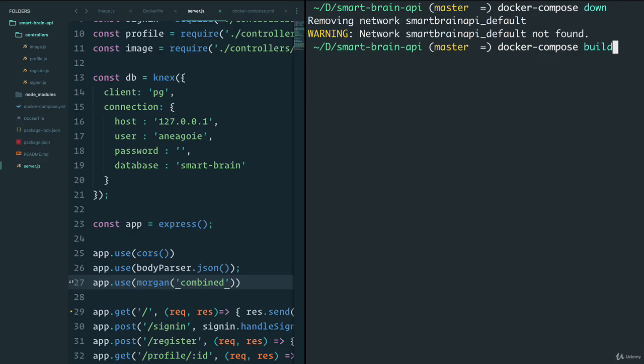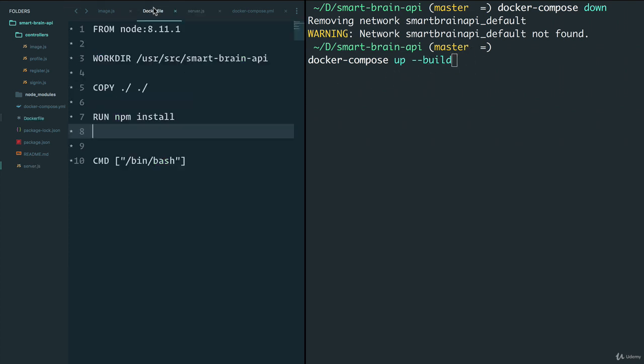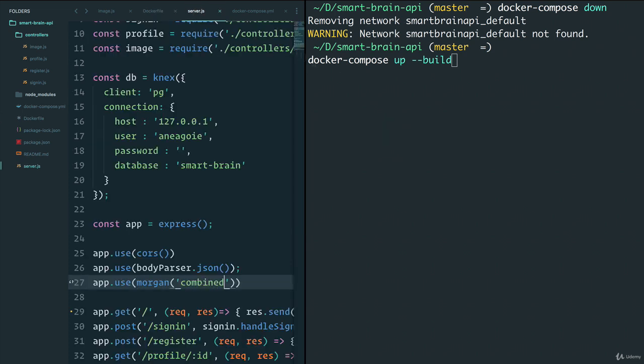And this is getting annoying, building and putting everything up. We can actually run docker-compose up to bring up the container with --build. And build, you only have to do it at the beginning to build and run npm install and everything that we've done in the Dockerfile. But afterwards, you can just keep running docker-compose up. So if I run this,